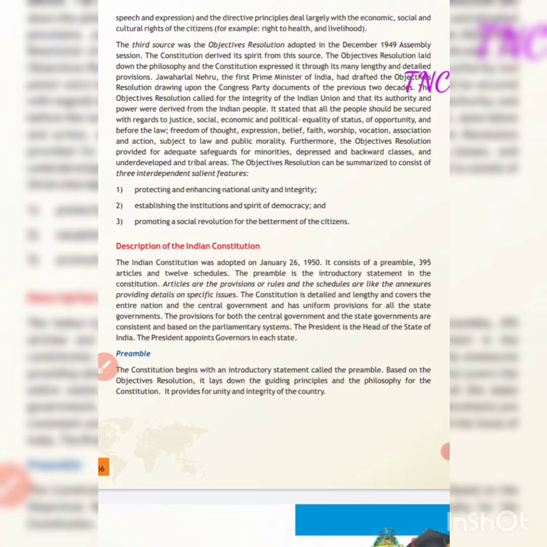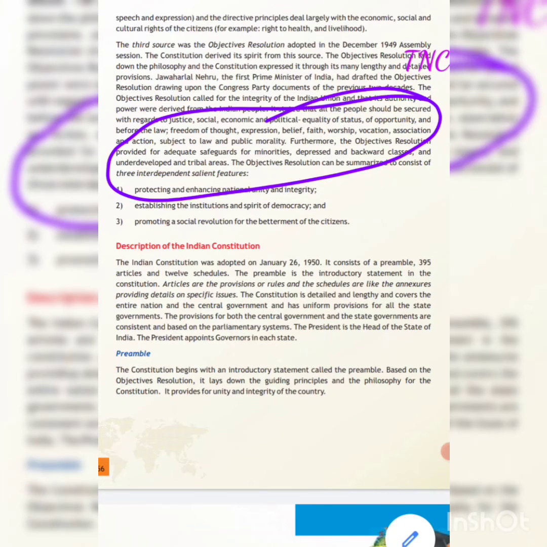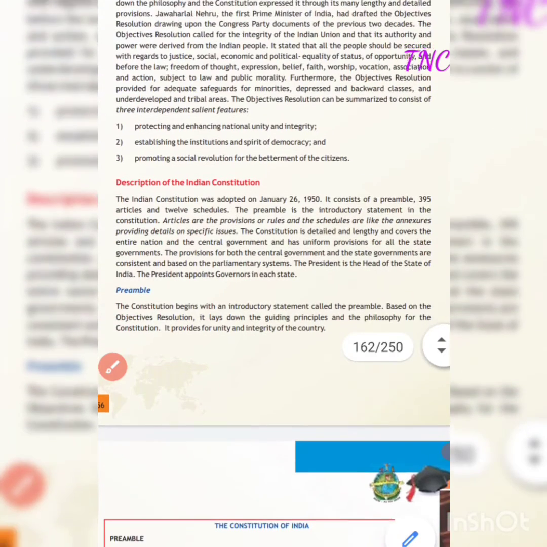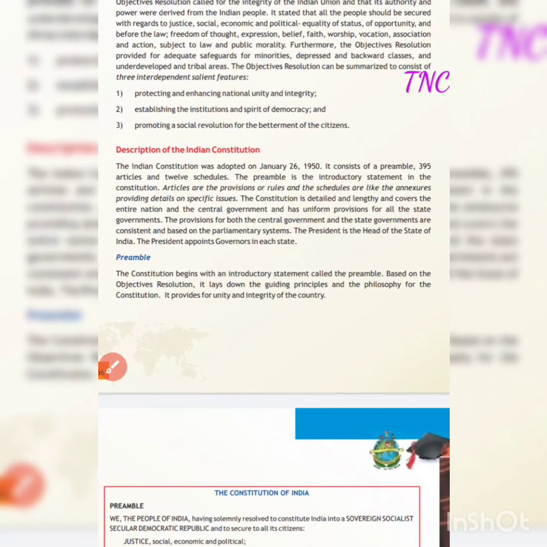Promoting a social revolution for betterment of citizens, because if you are ensuring certain kind of safeguards which were mentioned hereby, then you are providing a revolution or a betterment condition for the citizens of the country. Then,